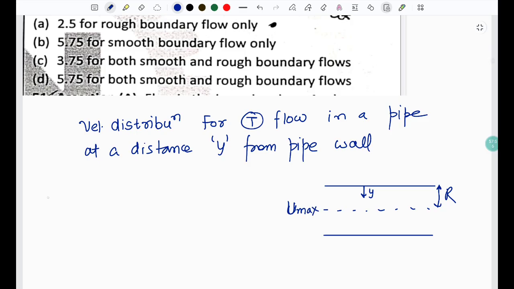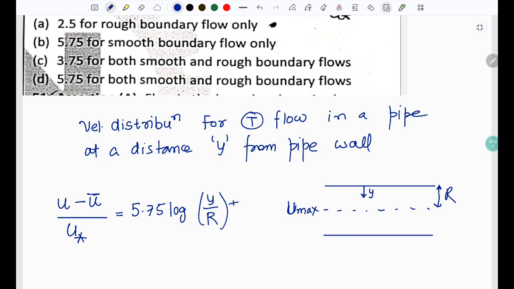The general expression is that any local velocity u at any distance y, minus u bar, where u bar is the mean velocity, over u star, that is the shear velocity, is equal to 5.75 log y by r plus 3.75. This is the general expression,